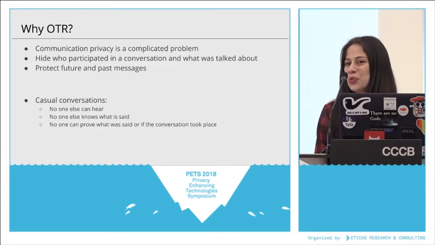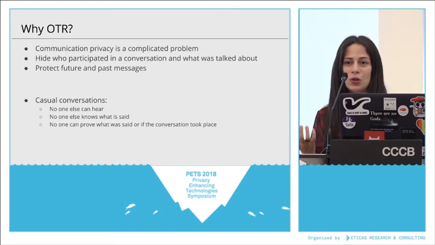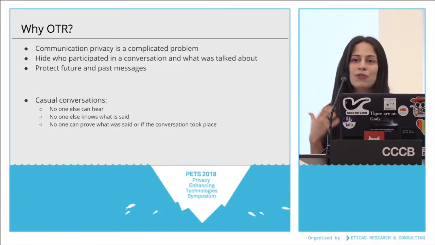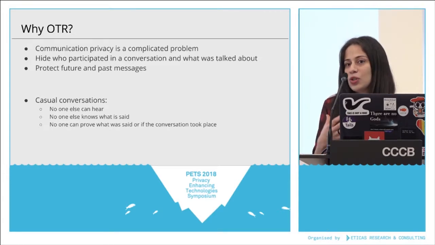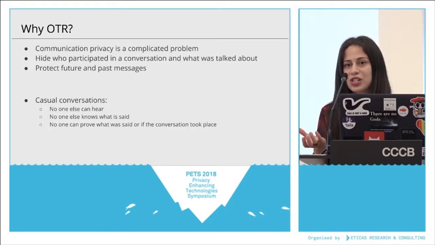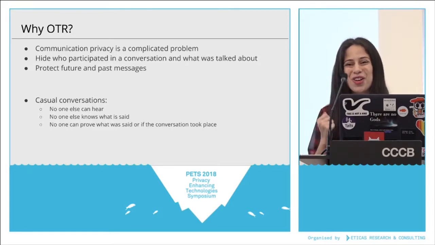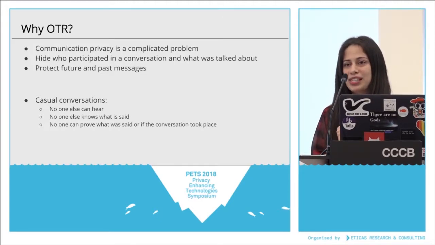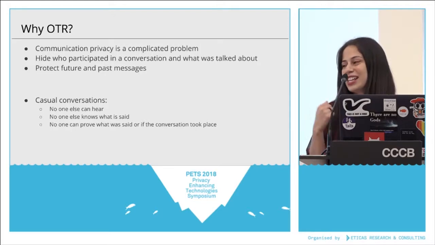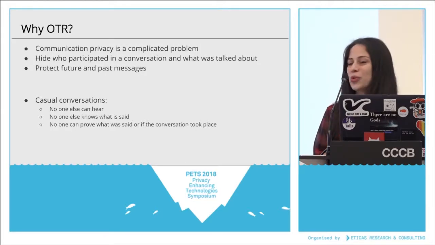But we know that in the digital world, this sometimes doesn't happen, because we have traces that this conversation actually took place between two participants and that some information was exchanged between them. If they're using encryption in this digital conversation, we at least don't know the exact contents of the conversation, but if they don't use encryption, we even know what the conversation was about. So OTR is there for providing secure communication, for providing perfect forward secrecy, for providing deniability properties, so we can have conversations as in the real world. There have been several versions of the OTR protocol, three versions, and right now we're presenting version 4.